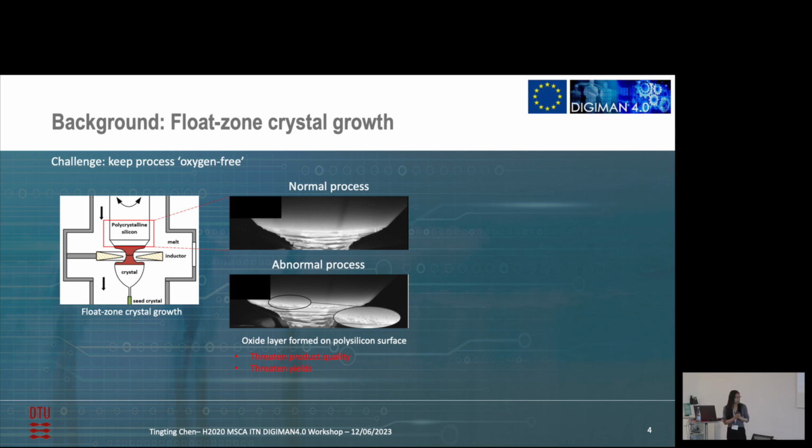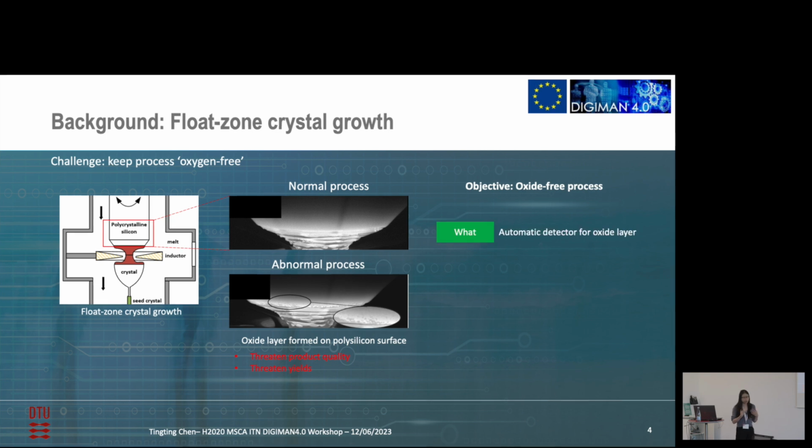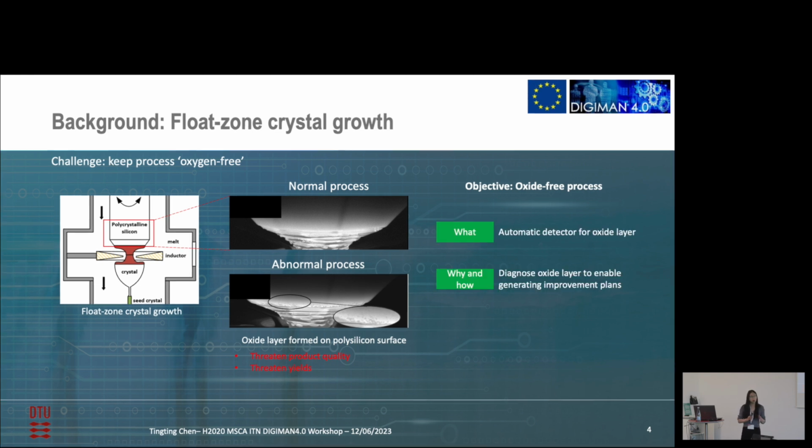Because oxygen is a contamination, it has the potential to threaten the product quality, and also the yield. So our objective is to achieve an oxide-free process, and we focus on two aspects. The first is to identify the oxide layer automatically. The second is to diagnose why the oxide layer forms, and also to diagnose